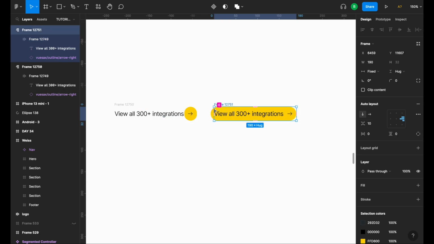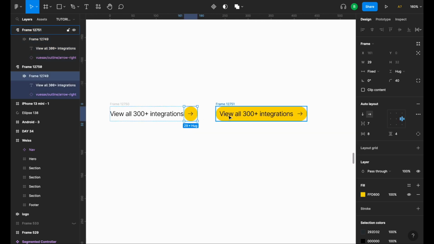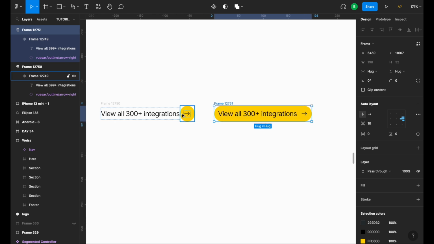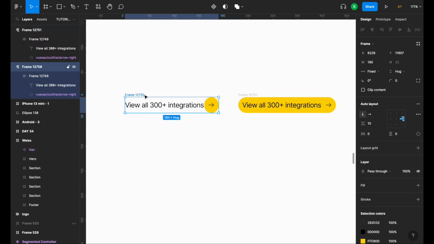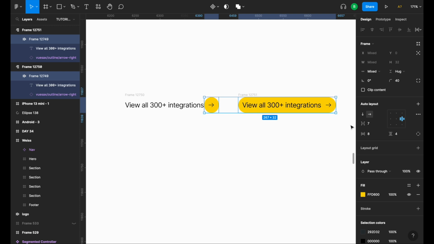So the small one with the yellow fill, you reduce it on the first part to accommodate only the icon, while on the right side you make it hug content. So by the time you do that, only the icon on the left part has the yellow fill, while on the right side, the text and the icon will have the yellow fill. When you are done with that, you can add some space between the text and the icon. You can just make it 12. Then after that, you just